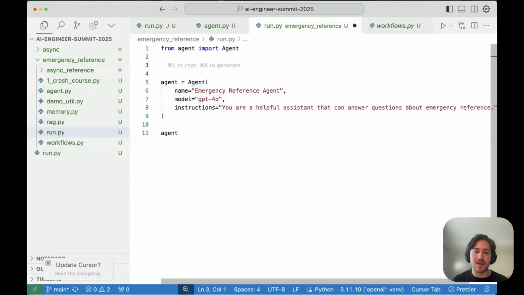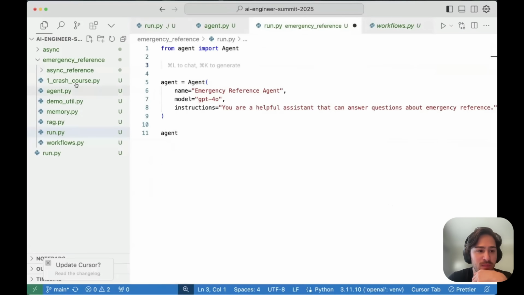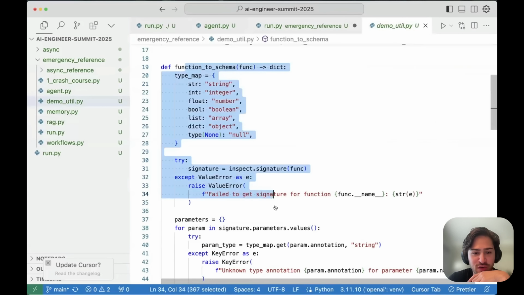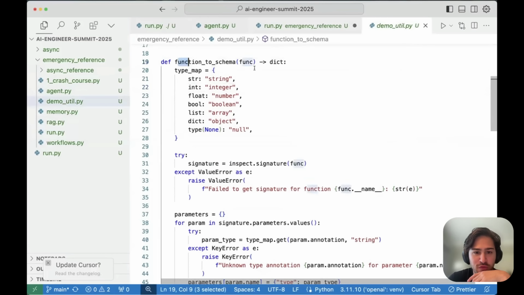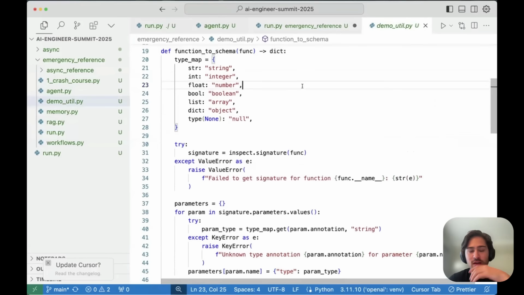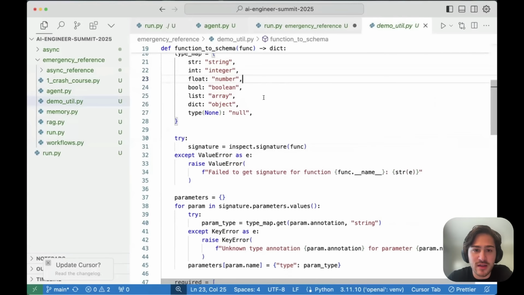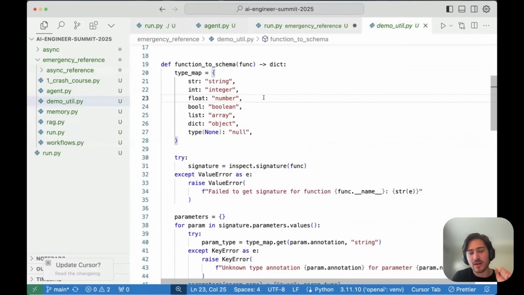The one other thing that I'm adding here that I didn't show is this simple utils that defines this very, very useful function. So functions to schema essentially takes in a raw Python function and then provides it in the correct schema so that you can just define functions directly.